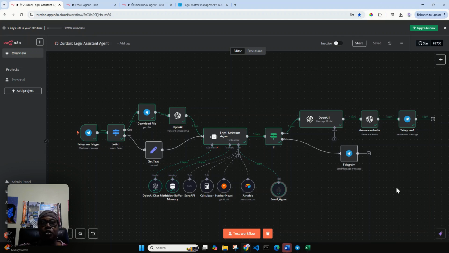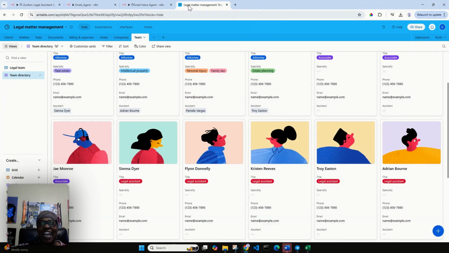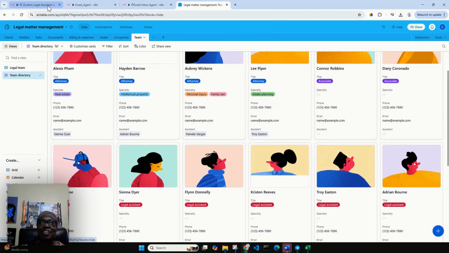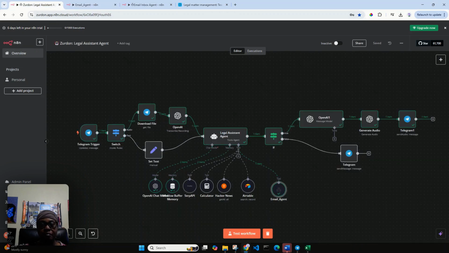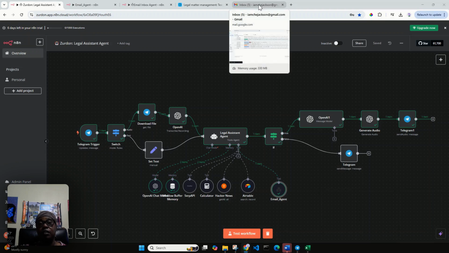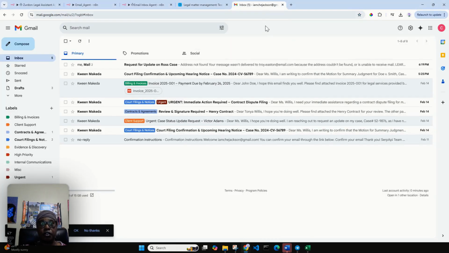And now what I'm going to do is check the email to see if it truly did send the email to who did we say? I forgot that quick. To Troy Easton about the Ross case. Let's check our email to see if we received or if there was an email sent concerning the Ross case. And here,